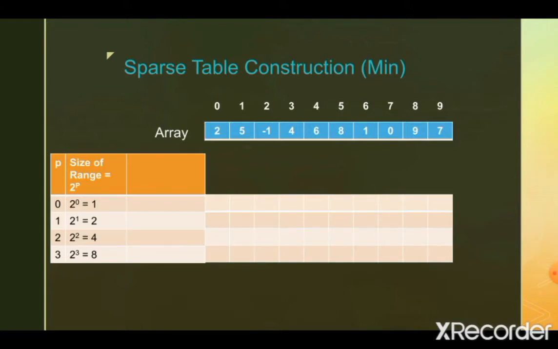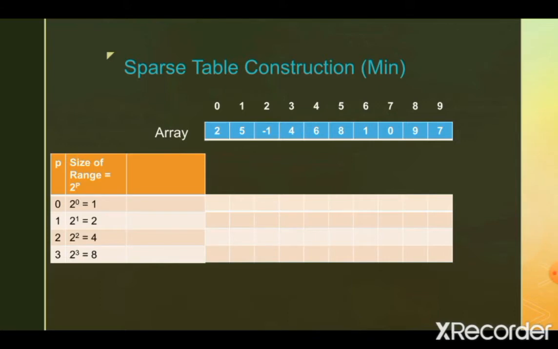Now let us see what each row contains. The first row in the sparse table data structure contains the minimum values of all possible ranges of length equal to 2 to the power of 0, which is equal to 1. So the first row contains the minimum value of all possible ranges in the array of length 1 only. So this is a very trivial case. Because the length is 1, the first row will be simply equal to the original values of the array.